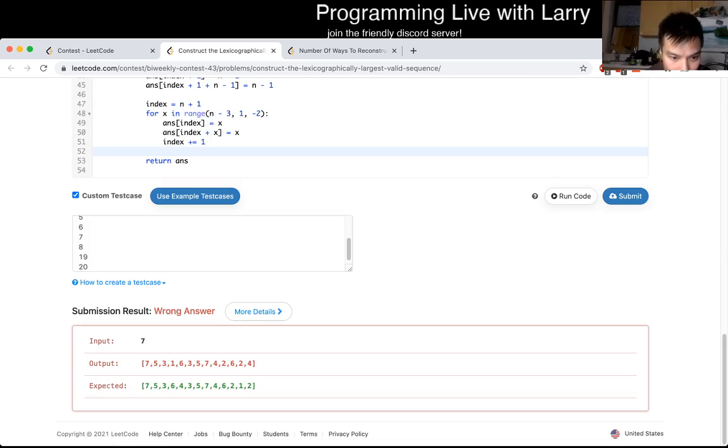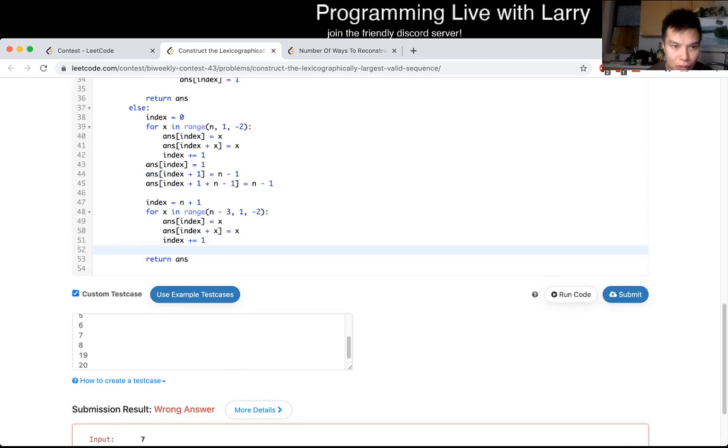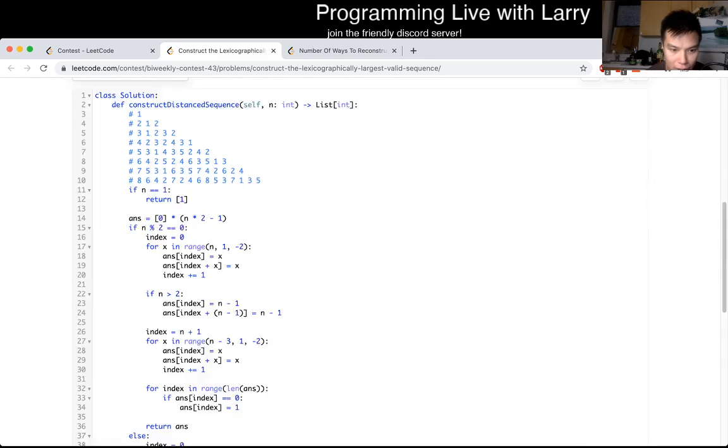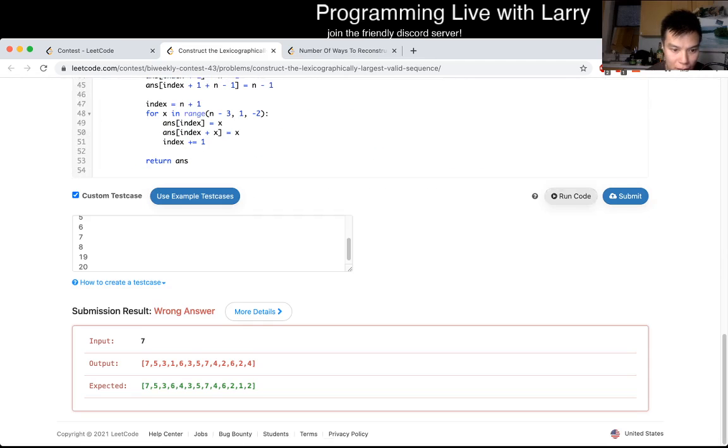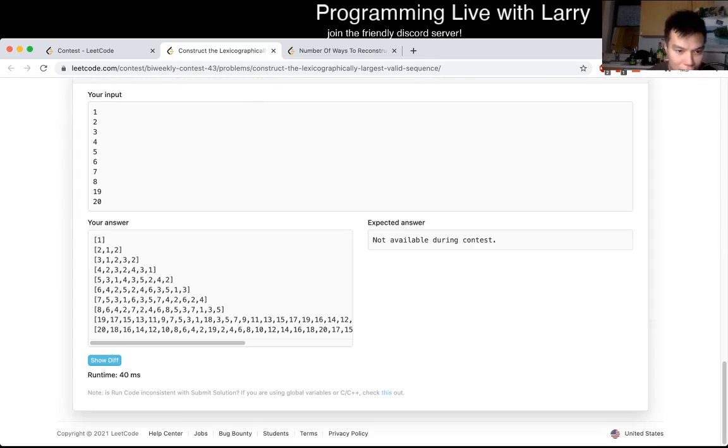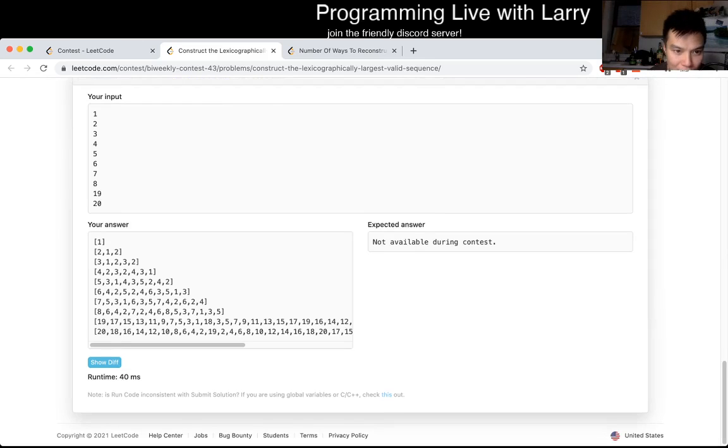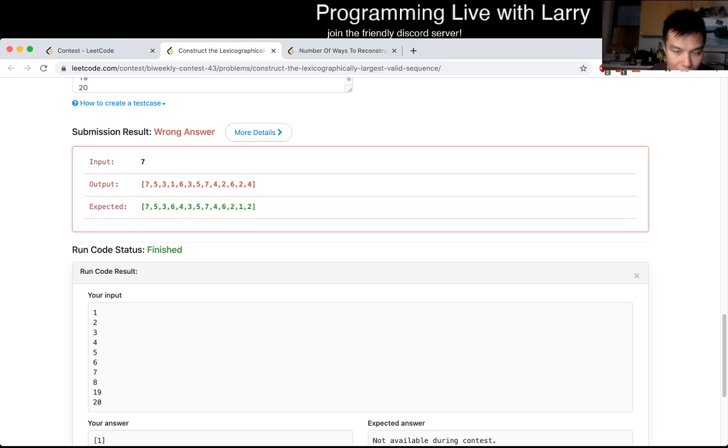Oh no. Okay, well, I didn't optimize because I always put the 1 in front, which works for one of the inputs, but not for 7, apparently. Maybe I should have. Well, I mean, it's true. It's just that. Okay, now this is a little bit trickier, actually. Because I thought that there was a pattern, but